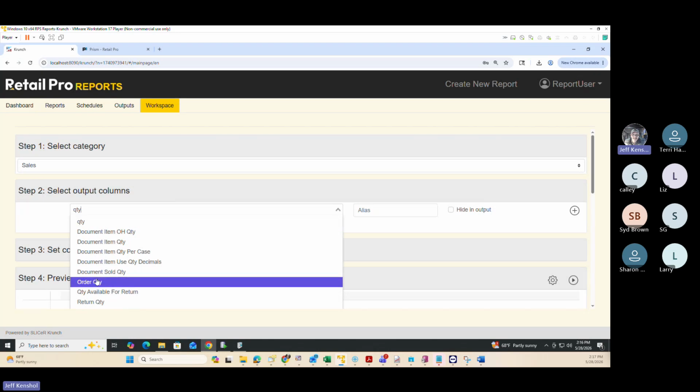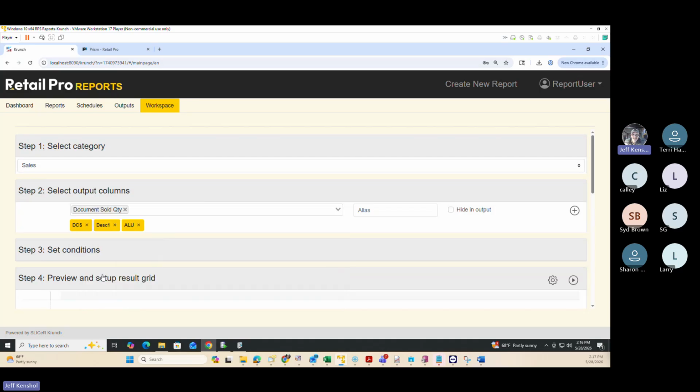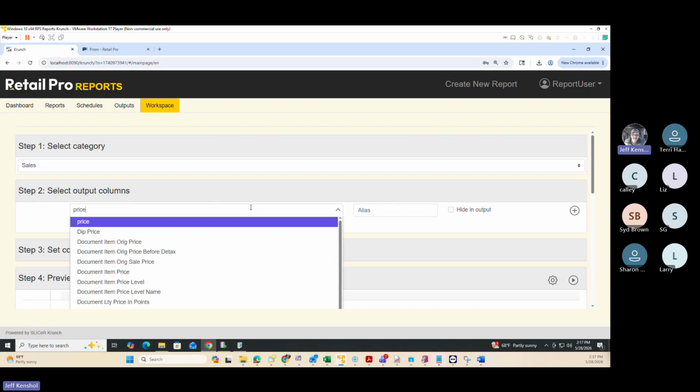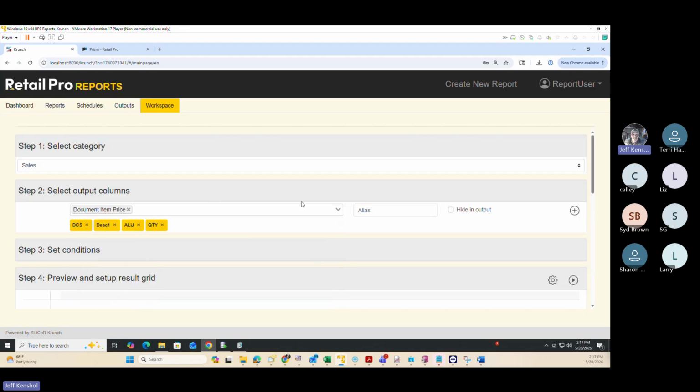There we go. That's what I'm looking for. So yeah, I guess it is document sold quantity. All right, so let's go with that, and let's call that quantity because document sold quantity is a lot, right? Now I'd like to see the price that it's sold for, right? So document item price. Okay. All right. Good. We're going to call that